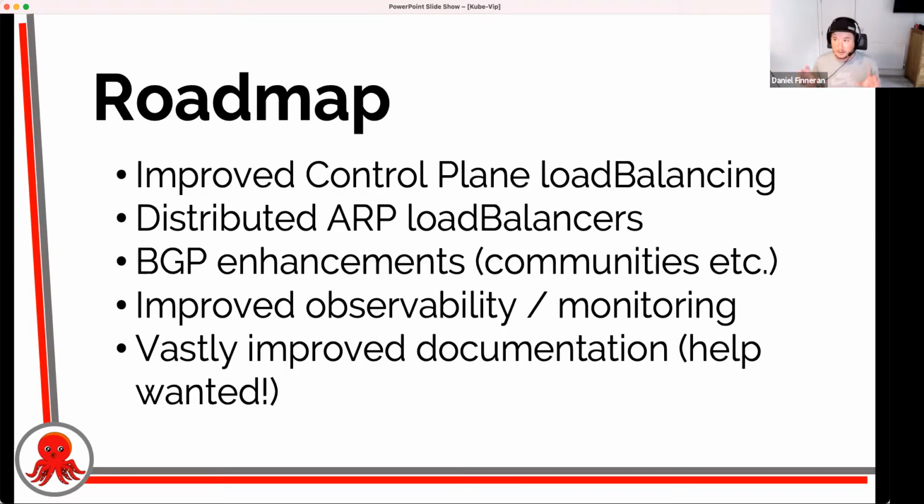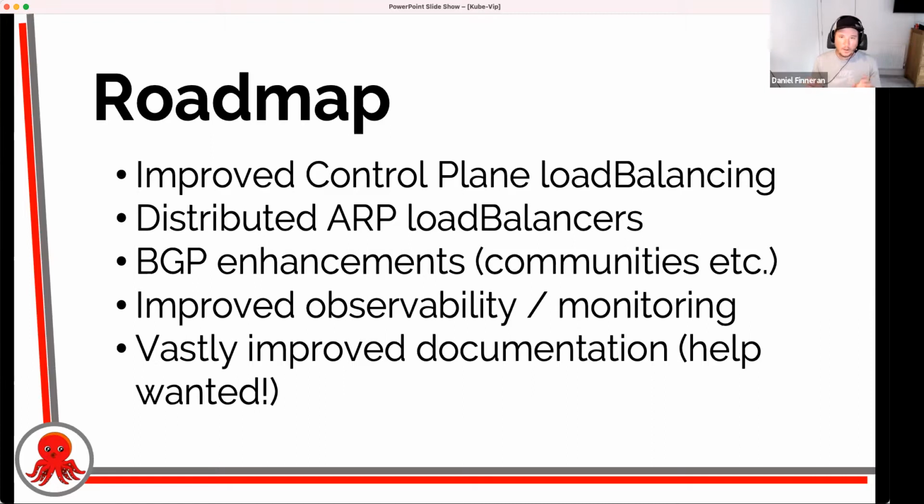The way that this is going to work: at the moment, you can have as many pods running Kube-Vip, however, only the pod that has won the leader election is sending the ARP broadcast. So effectively, only that node is receiving traffic, either for HA, if that's what you're using Kube-Vip for, or if it's load balancing a service, then it's all going to that one node that has been elected leader.